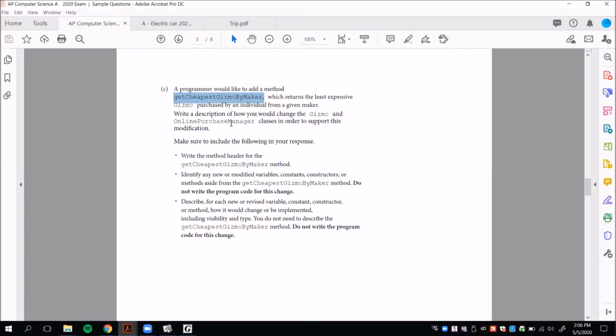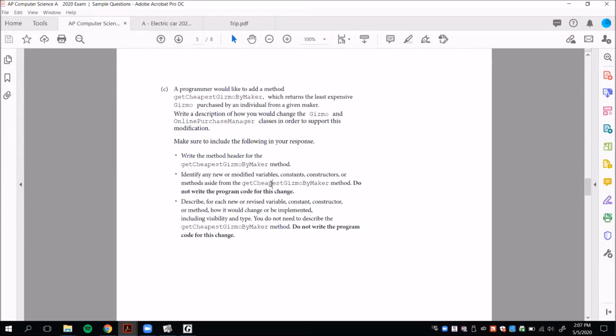Don't make it verbose. Don't make it any longer than it has to be. But you need to make sure you write the method header for the new method. What parameters it has to take, what the return type is, make sure it's public. If you have to add instance variables to the class to make it work, do so. I will say,